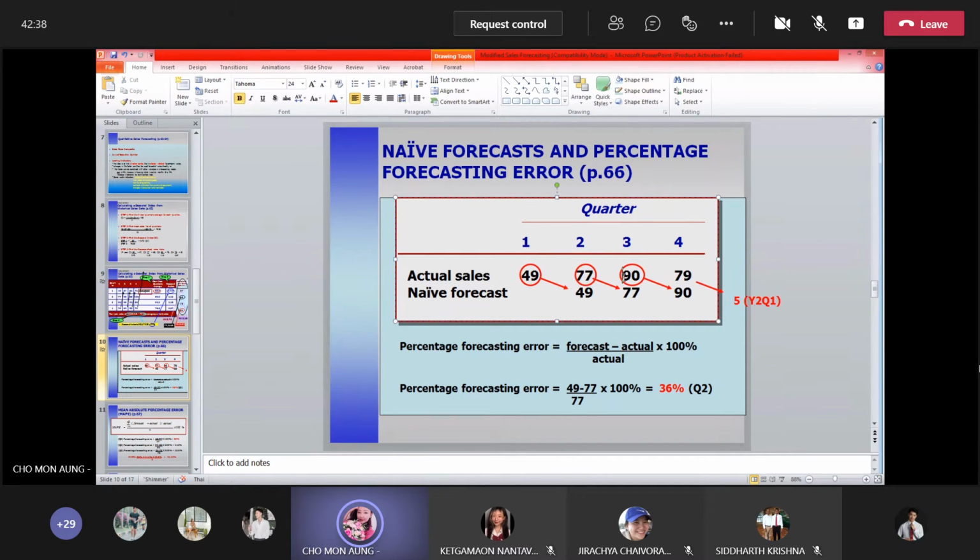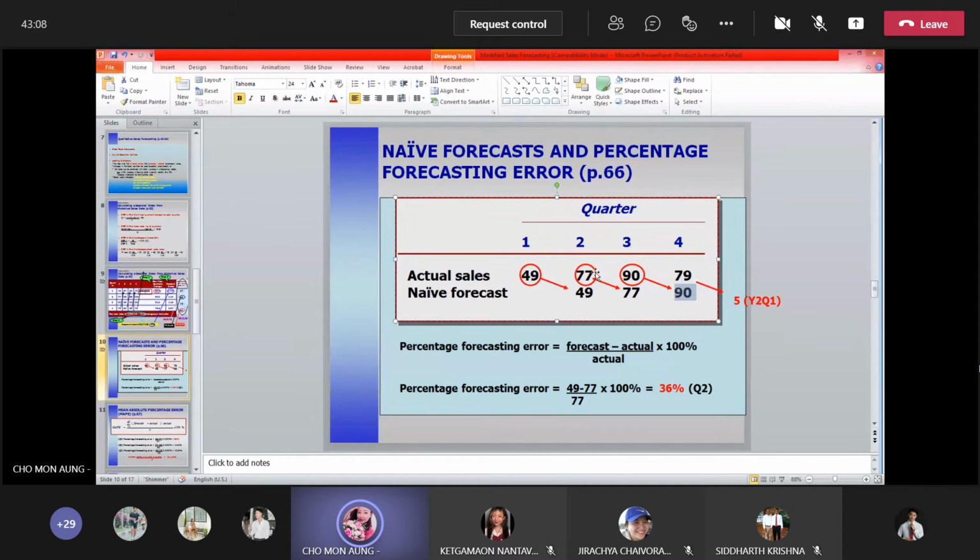What about quarter three? Actual 90, forecast 77. So if you look at quarter two and quarter three, we forecasted or estimated lower than the actual. So we might have out of stock, we might not have enough product, or we might lose sales because actual will be higher than the forecast. We don't want that. So what about here, quarter four? Actual is,